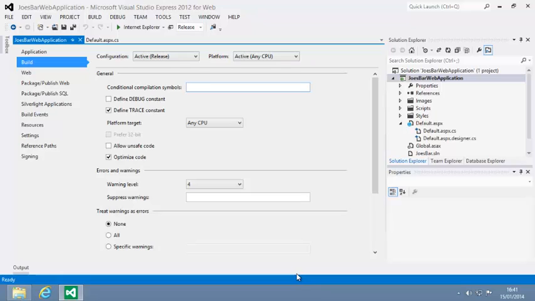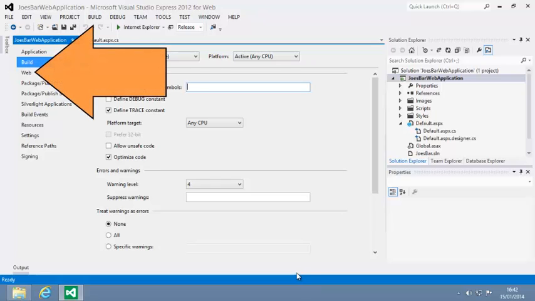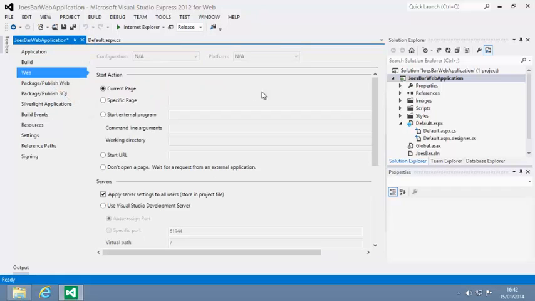Now you're going to examine the properties in the Web tab. Click Web on the left. The web options for your project appear. First, we're going to look at the Start Action settings. Try setting the start page of your project to